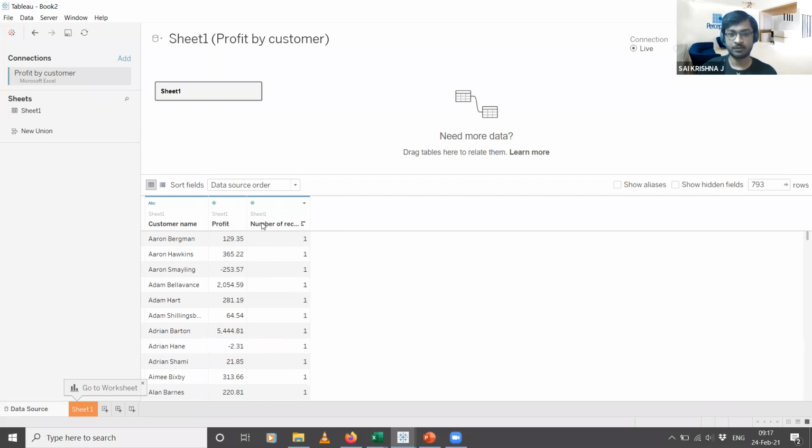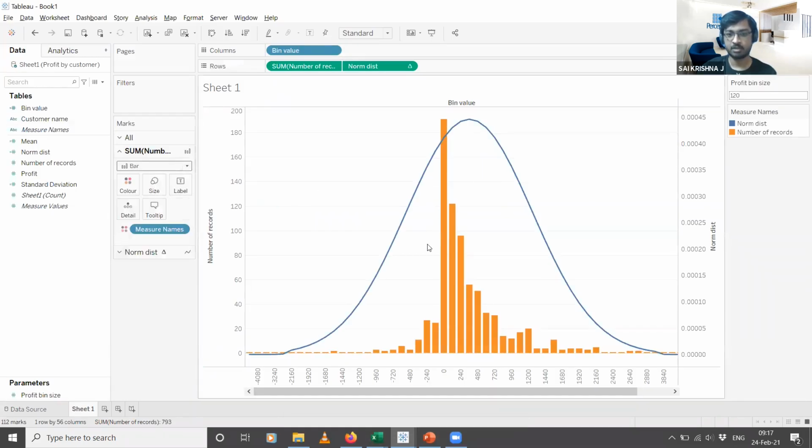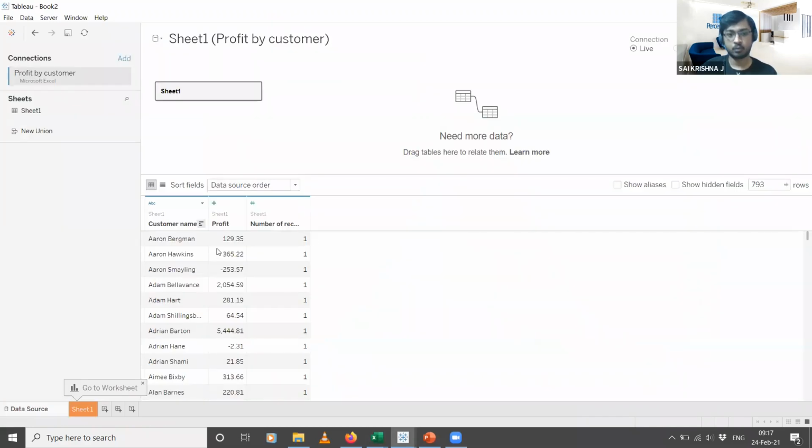The reason for creating this additional column for number of records is that this essentially gives you a distribution. A while back I was showing you this diagram with the bars. These bars are basically the number of records, which is the frequency distribution that we have. So to get that easily, I've put one more column with the name number of records, and the value it takes is just 1.